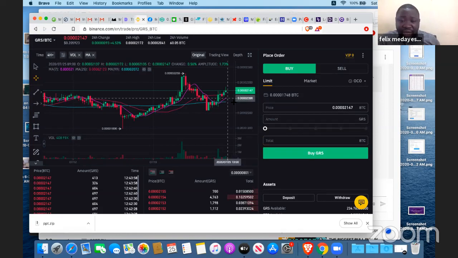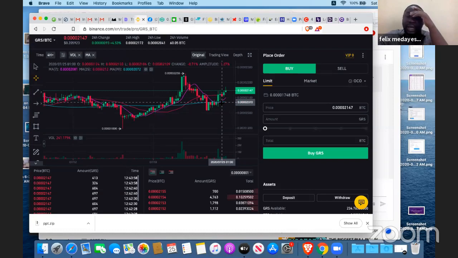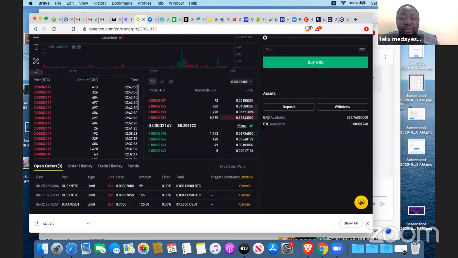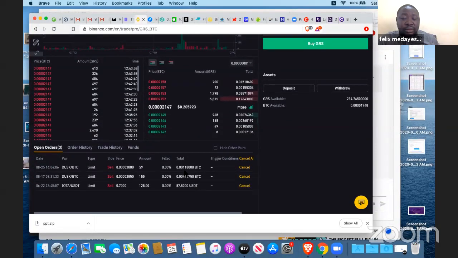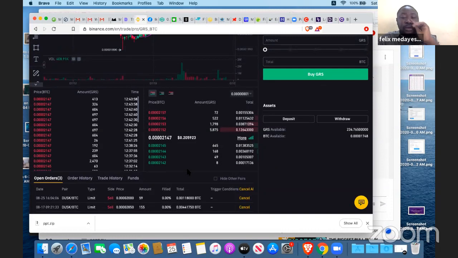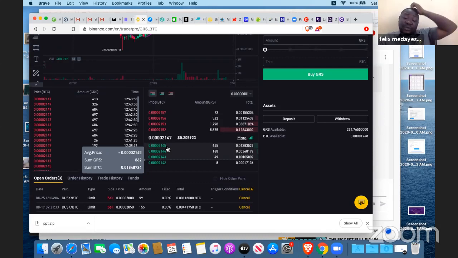So if I bought GRS sometime about a few days back now, and it has been trending, pullback, trend, pullback, trend, pullback, right? So it's so important that you check the volume and the price. So how many Satoshi is this? Okay, how many Satoshi? Okay. This is 1, 2, 3, 4. So this is 4-digit Satoshi, which is